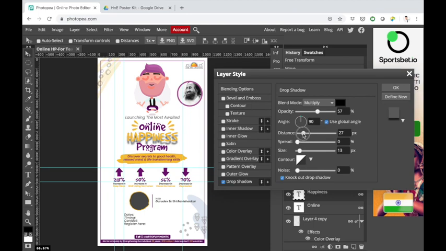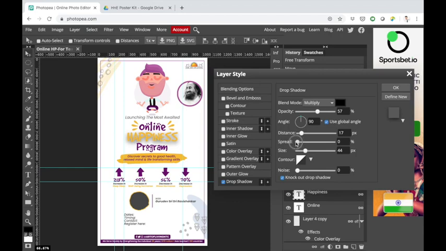You can reduce the distance between the shadow and the object, increase the spread a little bit, increase the size a little bit, or reduce the size a little bit, again reduce the spread.